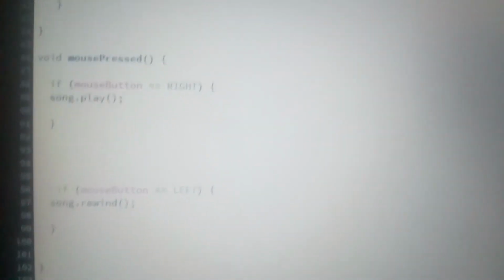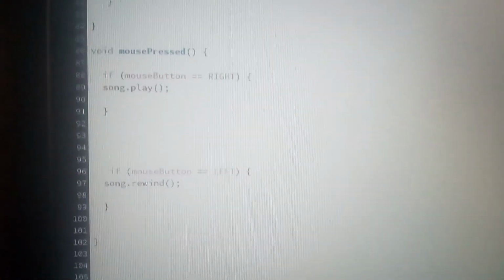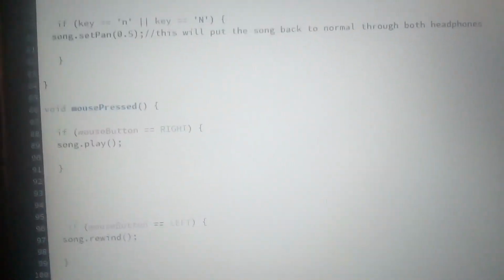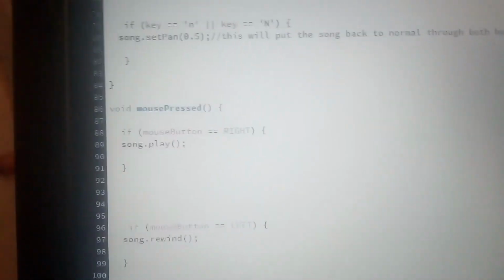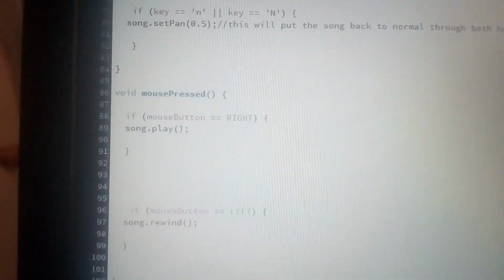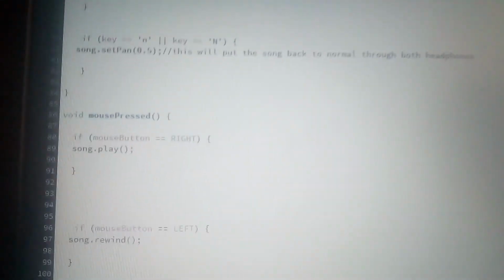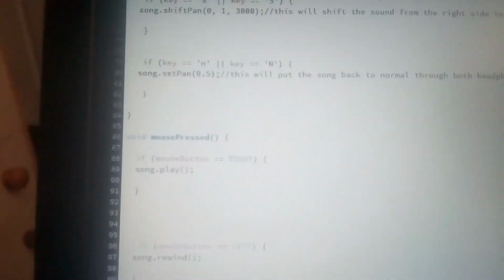But what it is, it allows you to choose a song, an 8D song that you like, and it changes. So when you have headphones on, it feels like the music is moving around you because it changes from the left headphone to the right headphone, and then from the right to the left throughout the whole song. So it keeps switching back, and it creates the effect that the music's actually being played around you,